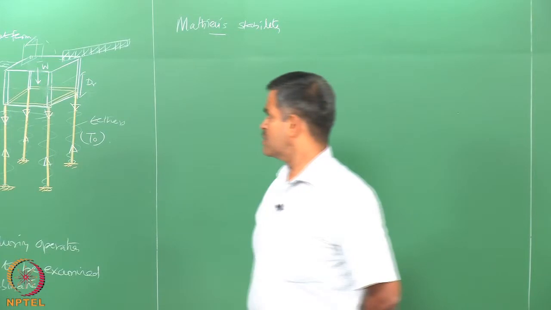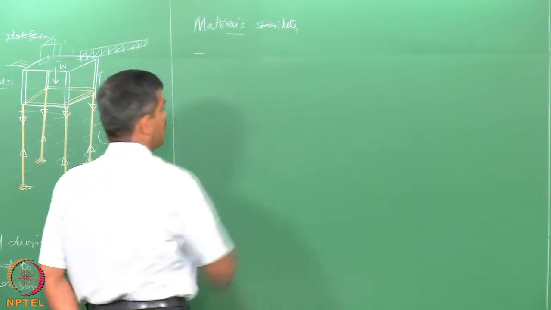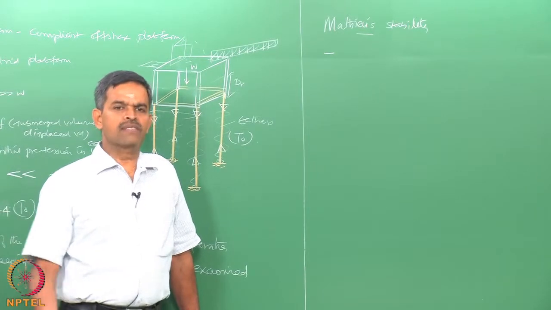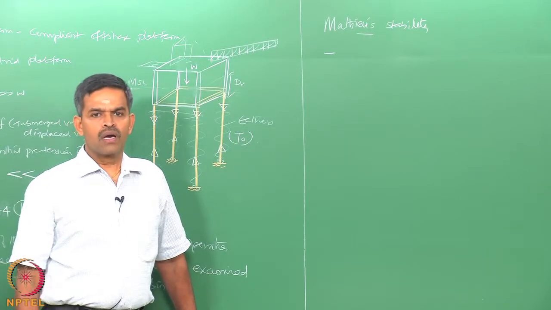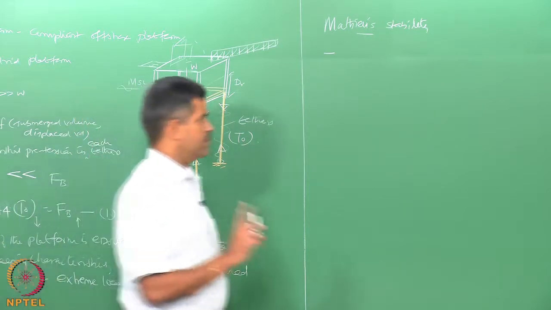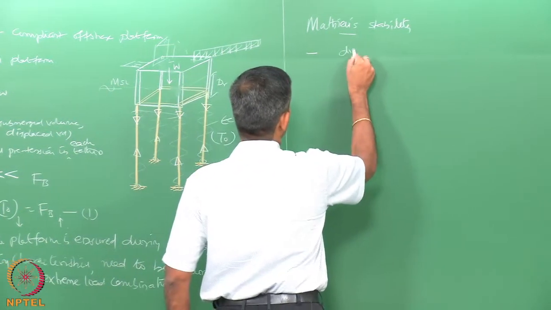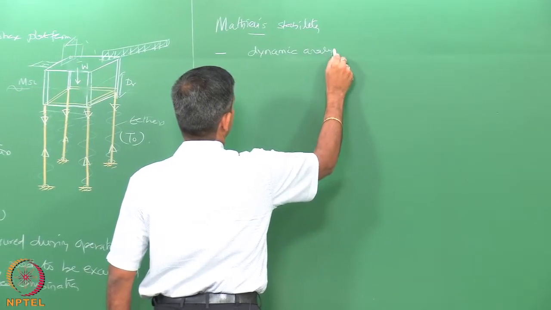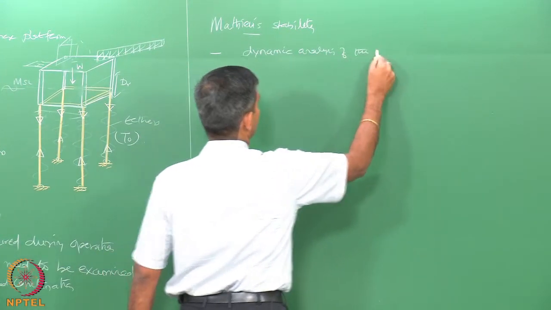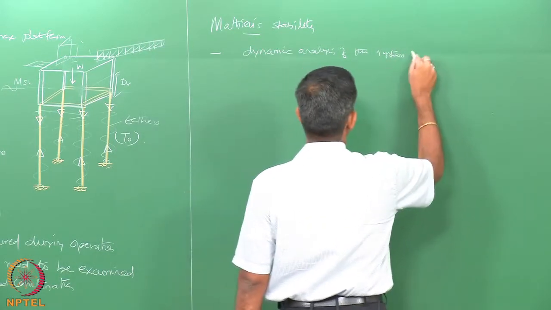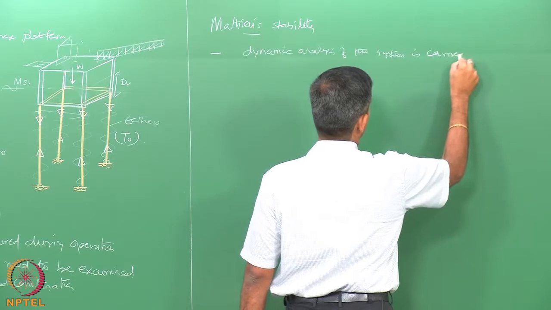So, therefore, this is going to be a dynamic analysis of tethers and TLP as a system, considering a linearly varying tension along the tether length. Okay. So, now we are going to check the stability using dynamic analysis of the system is carried out